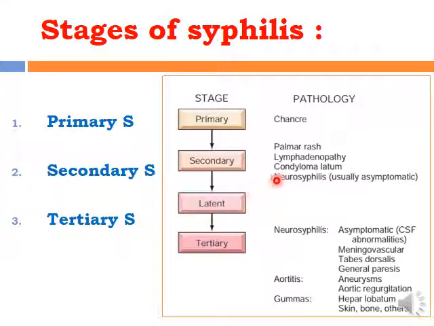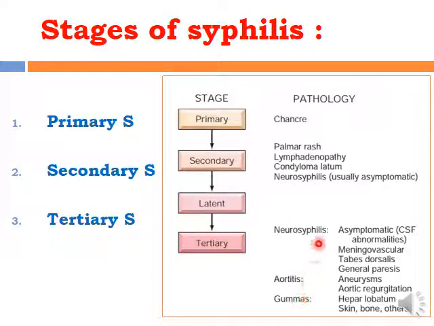All of these heal and pass to a latent period, which takes about years, sometimes between 5 to 30 years or more, meaning decades. And then there is development of tertiary syphilis. Tertiary syphilis is usually involving either the CNS or the CVS, or with spread lesions involving other organs or a combination